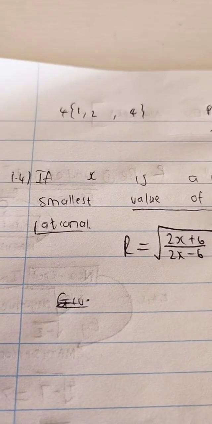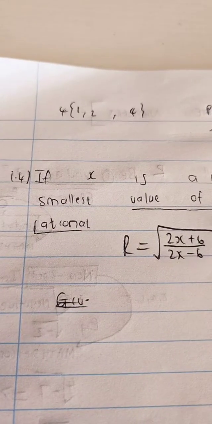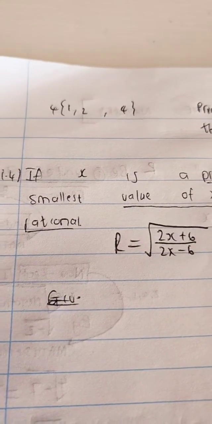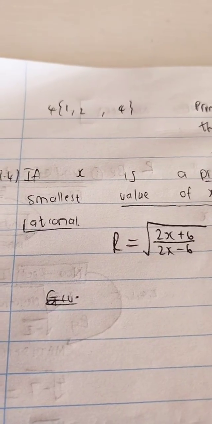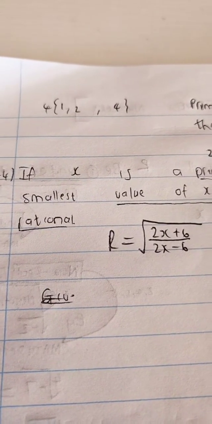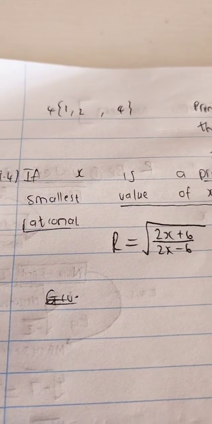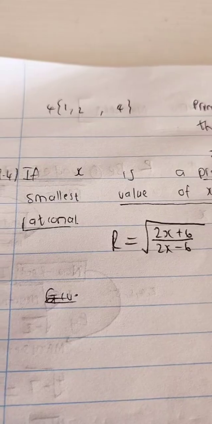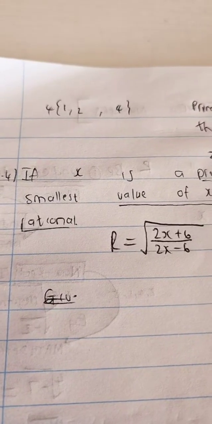Numerator is an integer, denominator is an integer. But remember, our denominator can never be equal to 0. I repeat, our denominator can never be equal to 0, because the minute the denominator is equal to 0,